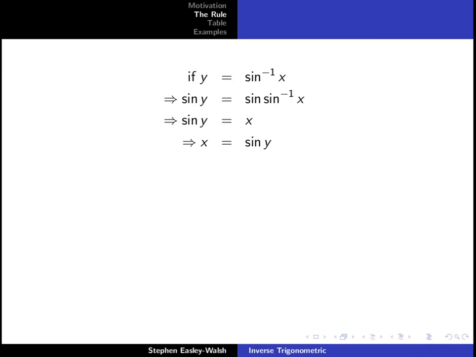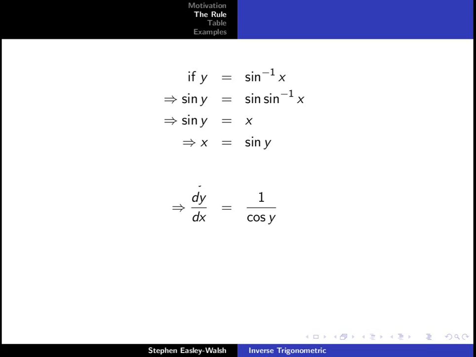If we imagine for a moment that the roles of x and y are swapped, we can think of the following as being identical to y equals sine x and finding the derivative. Instead we have x equals sine y. So the result is dx/dy equals cos y instead of dy/dx. But we are looking for dy/dx, so we shall invert both sides and we get dy/dx equals 1